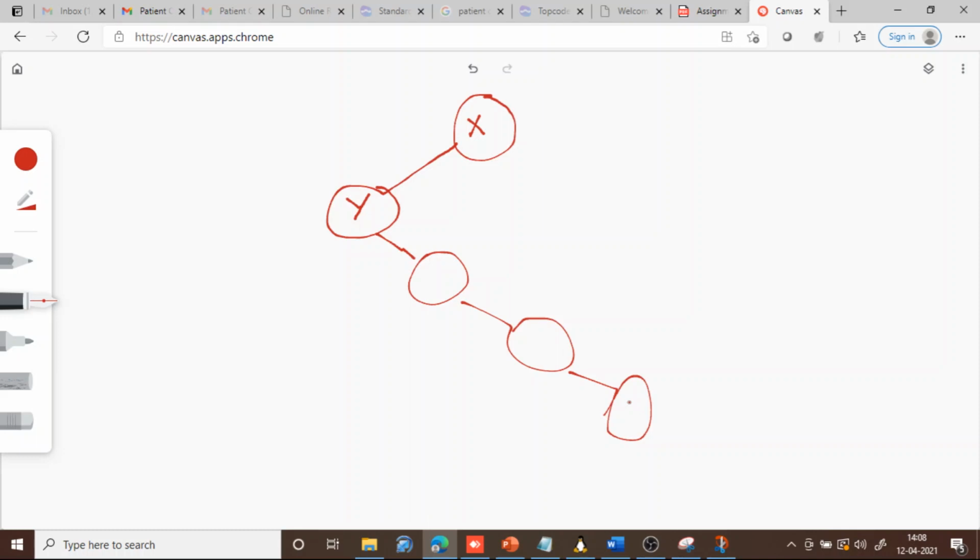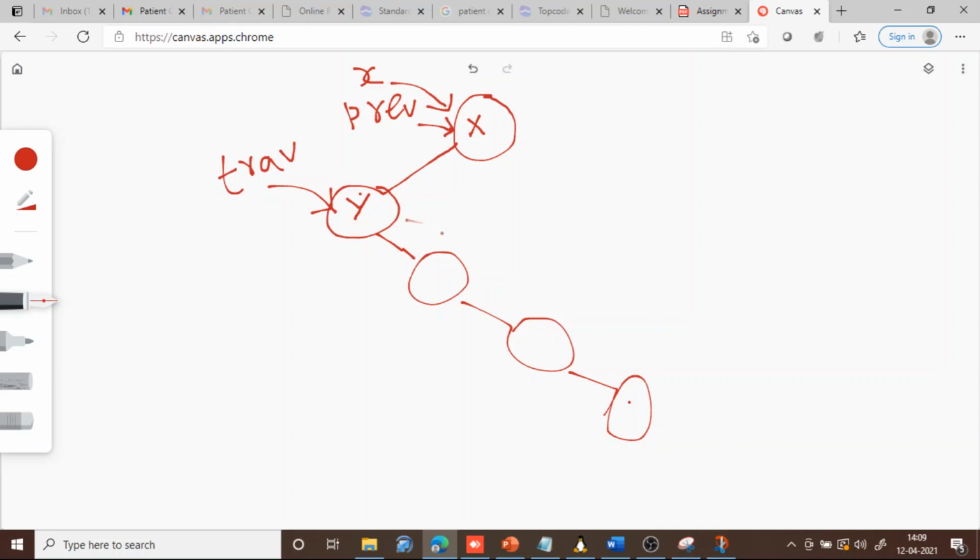Again we will do the same process. Initially x will be pointing here. We will set previous equal to x, so previous will point here, and we will make traverse equal to x arrow left. In the in order successor case, we made traverse equal to x arrow right. Here we make traverse equal to x arrow left, so traverse will point here. Then we check whether traverse right is null or not. If traverse right is null, then this is the in order predecessor, and this should be replaced with x. That's all.